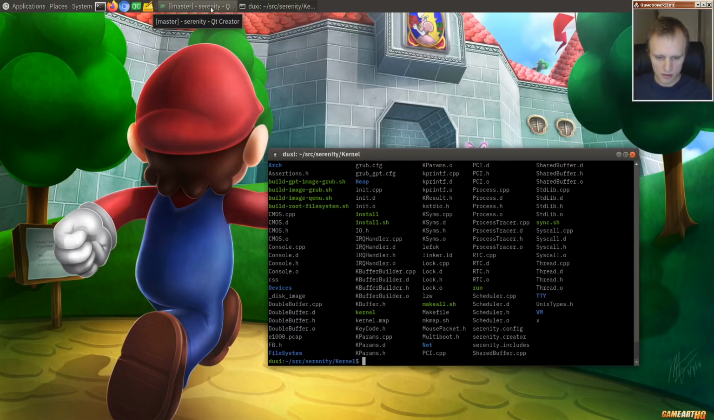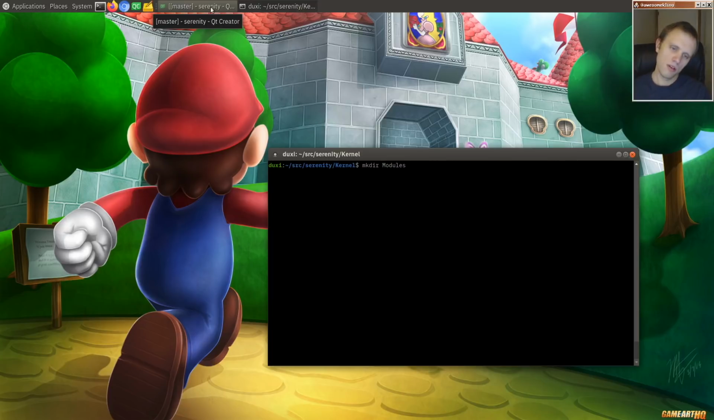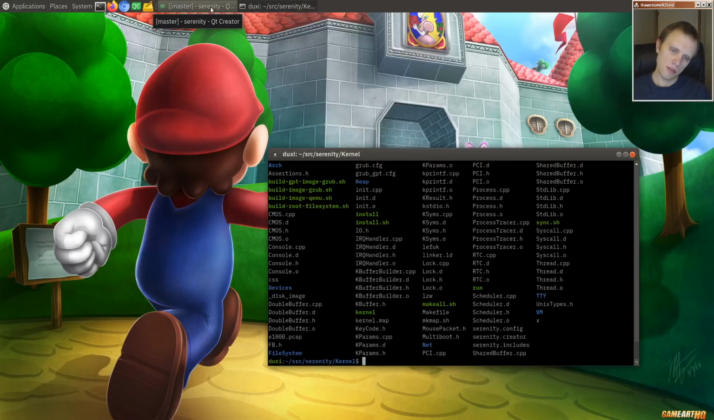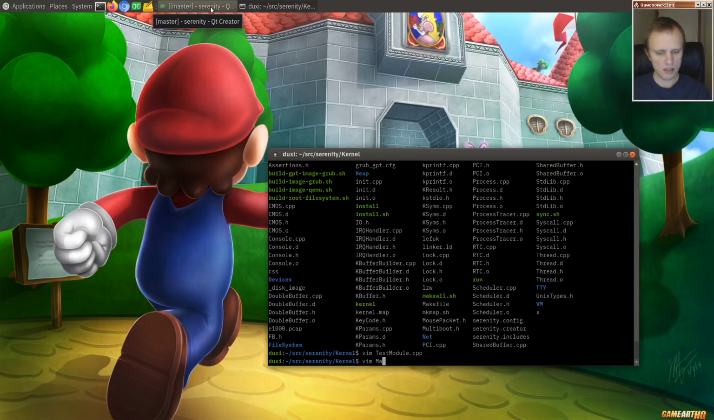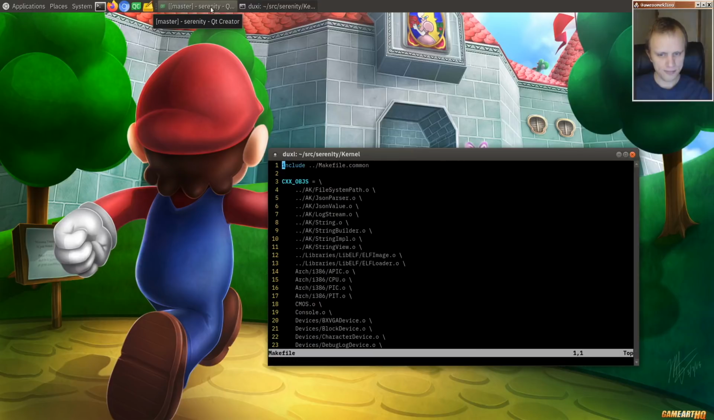So for simplicity, let's just make a directory here called modules. Or maybe they shouldn't be in a directory called modules. Maybe they should just be sitting around with everything else. Okay, test. We'll have one called test module, test module.cpp. Save that, and when we build,